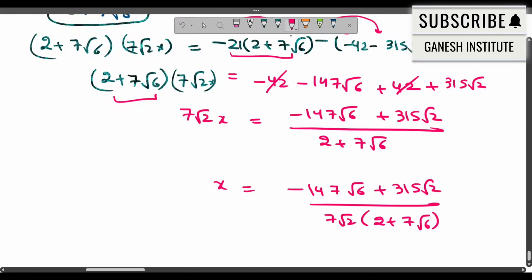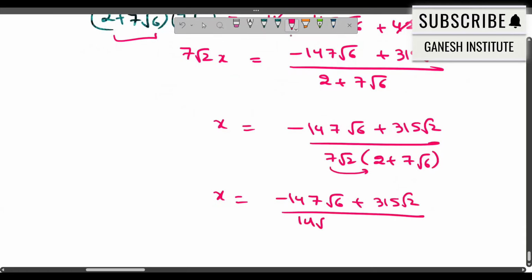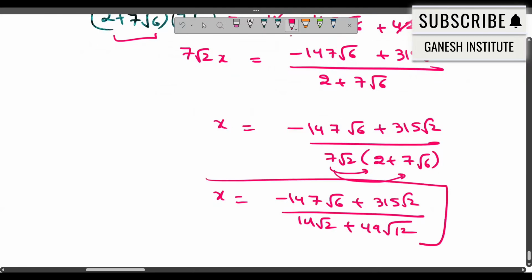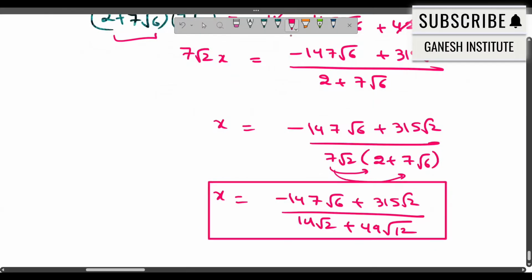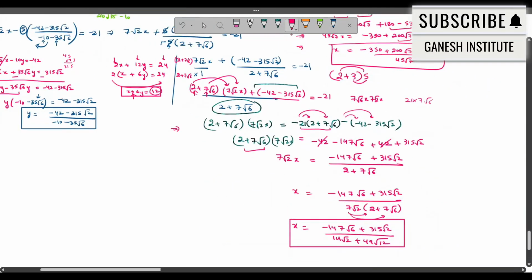Yes? And then you can simplify the denominator. 7 2s are 14 root 2. 7 7s are 49 root 12. This is your x. Is this fine? Yeah. And then you can simply put down the value of x into